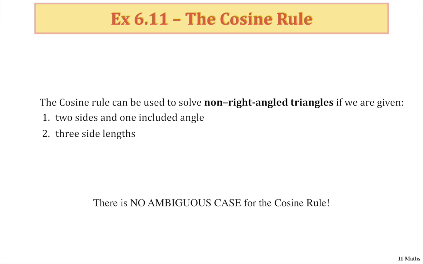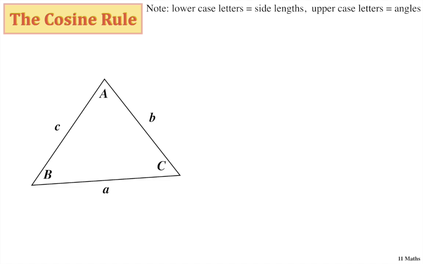Right, first of all, we did the sine rule last class. The cosine rule is also used when your triangle is not right-angled, and we use it when we're given two sides and the angle between those two sides, or we can find angles if we know all three side lengths. There is no ambiguous case, so we don't have to worry about obtuse angles. It will just give us the answer, and there's only one possible answer for questions that use the cosine rule. So remember, capital letters mean angles, lowercase letters are opposite the angles and match, and they are